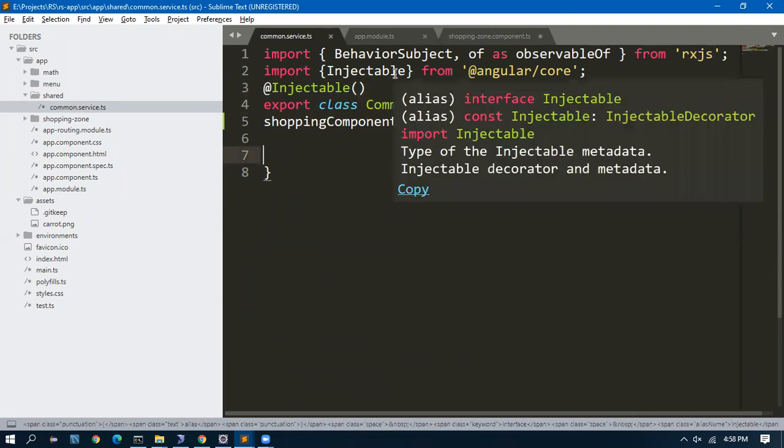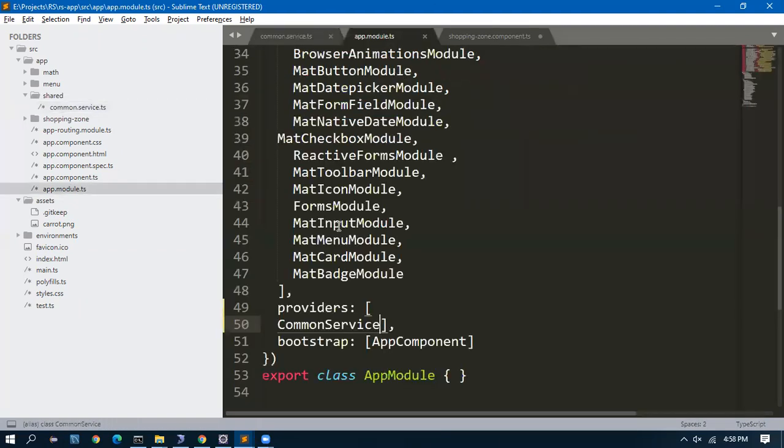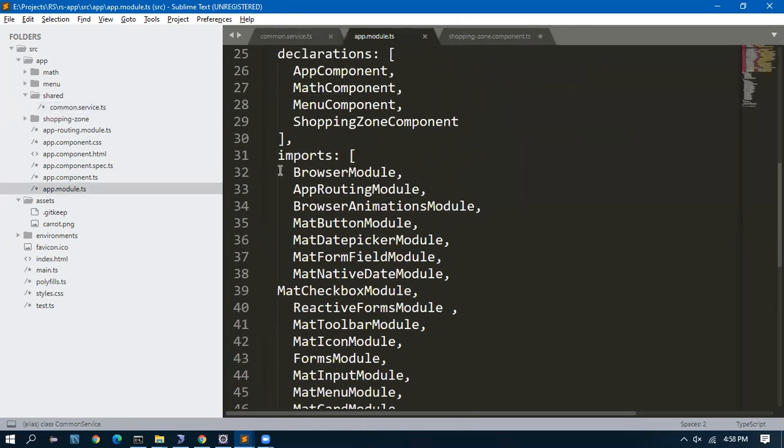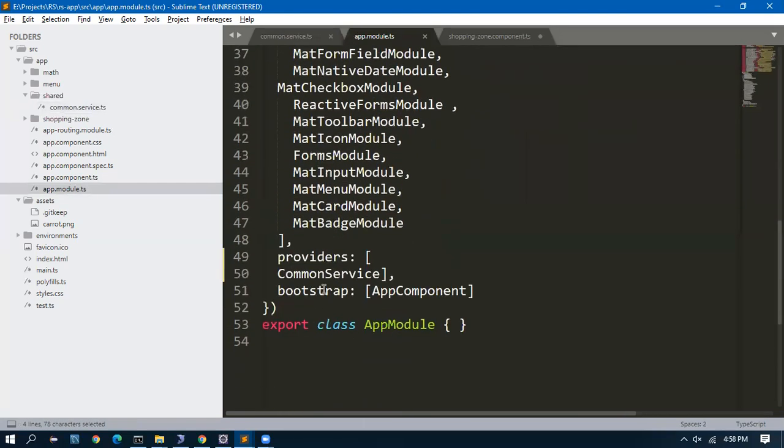Service classes also need to be known to the app module. That is rule number 1. Whatever we do, it has to be known to app module, or else Angular will not know it. So when we create a service, we have to provide it as a provider, which means this service will be available in all the modules, all the components. You can use this everywhere throughout the application. So service alone we have to provide in the providers.